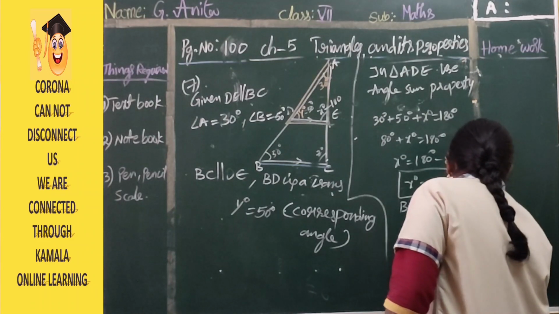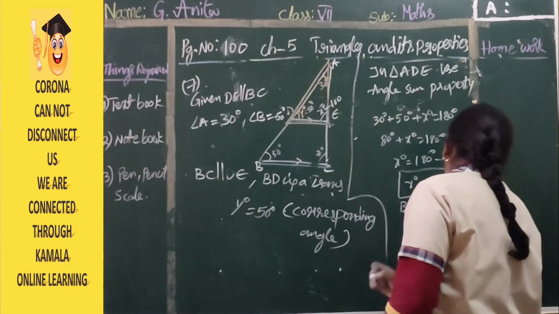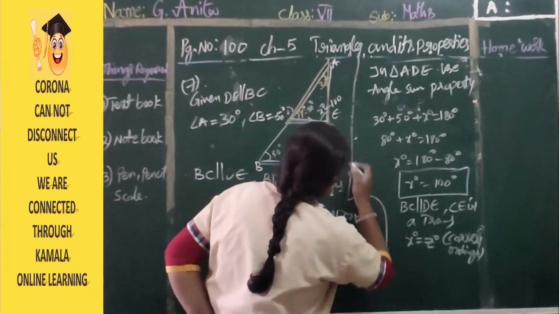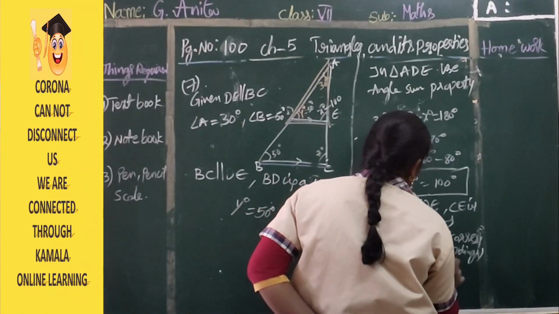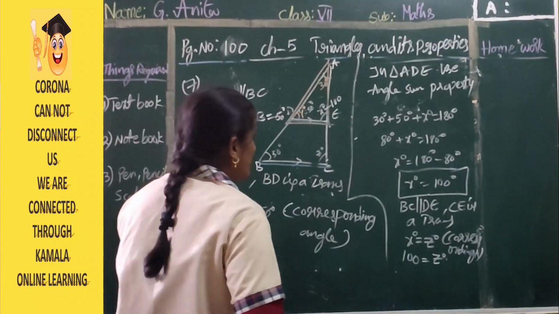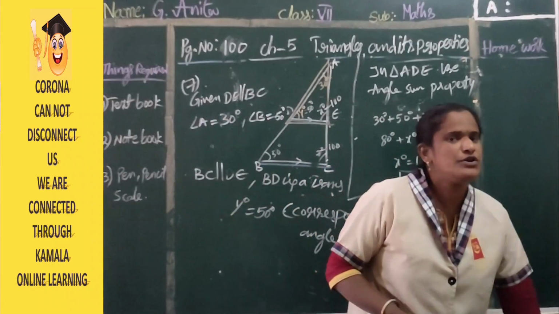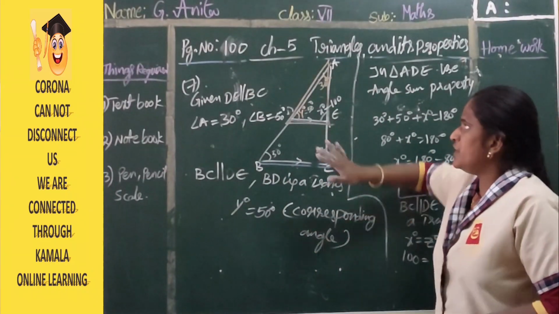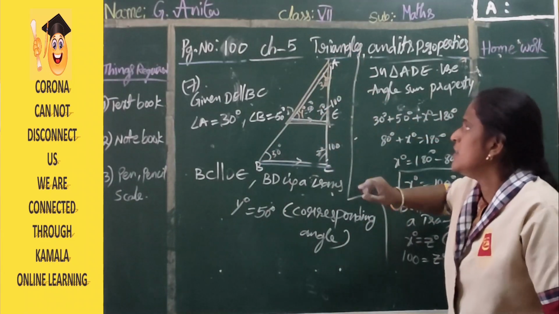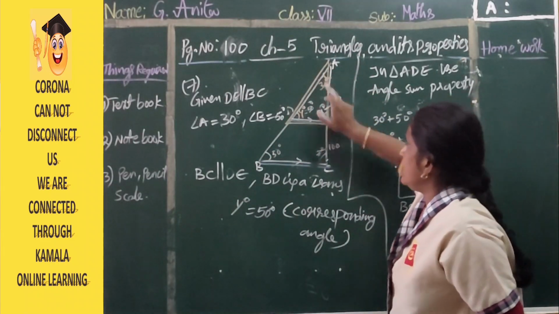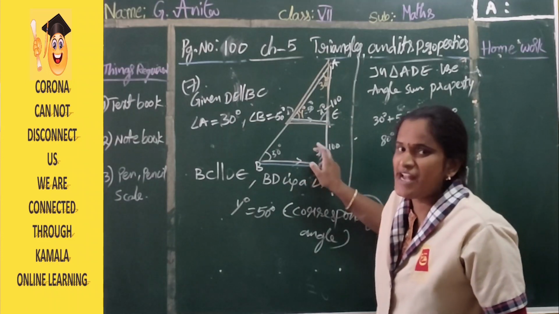Corresponding angles. So you have to write complete words. CA means corresponding angles. So x degree is what? 100 is equal to z degree. Z is equal to what? 100. So clear children everyone? So simple, use simple logic only and you will get answers. Okay? So in a triangle, first you have to observe the total triangle. In this total triangle, what they are given, observe. So angle A is given, angle B is given, angle C they are not given, they are given z value.